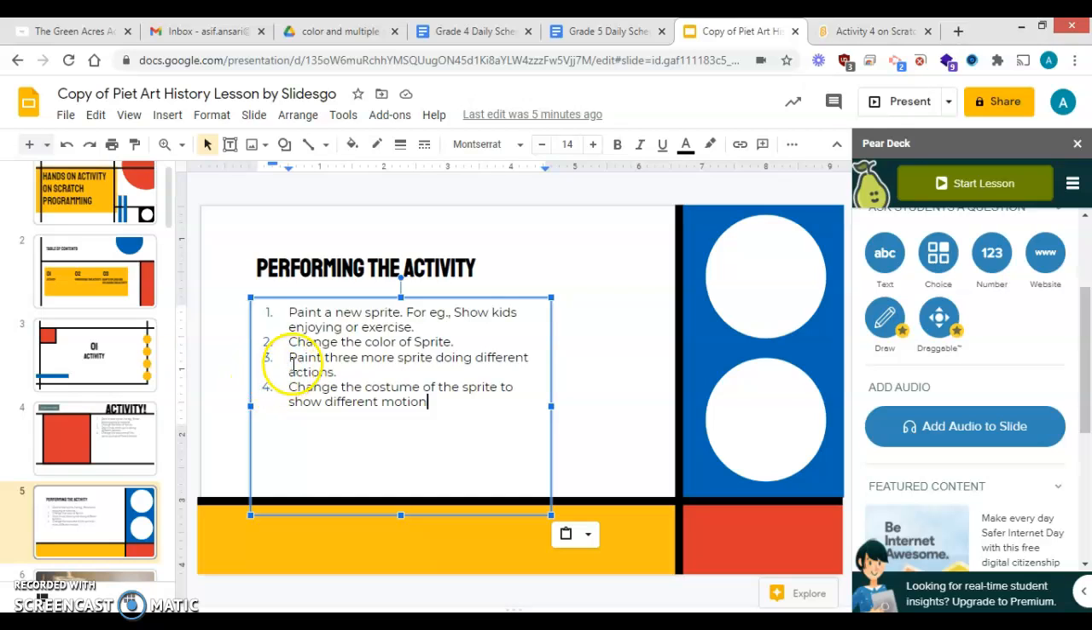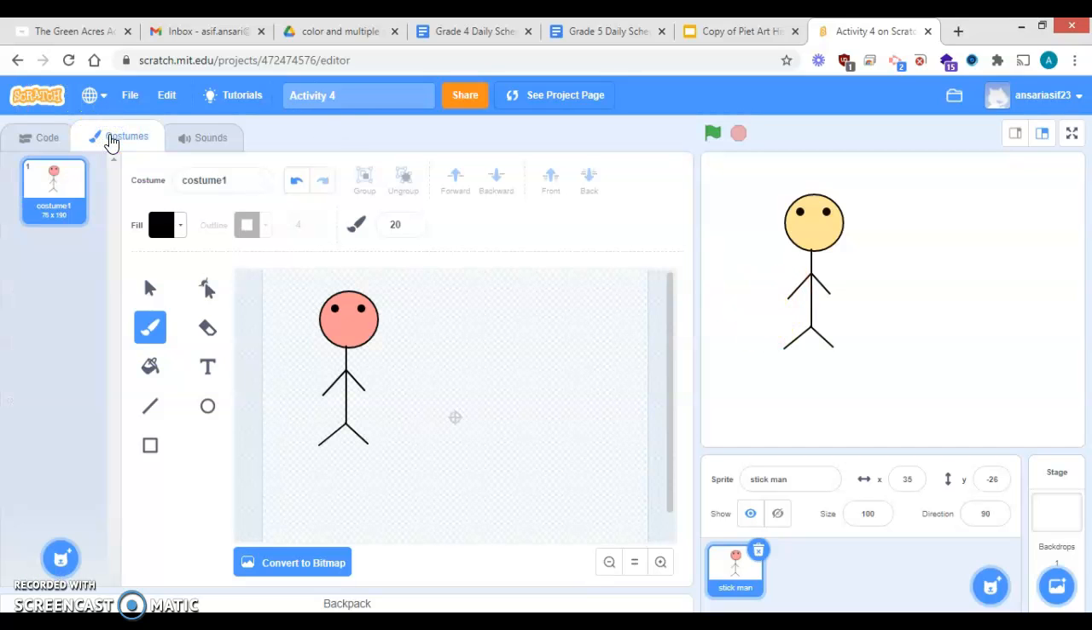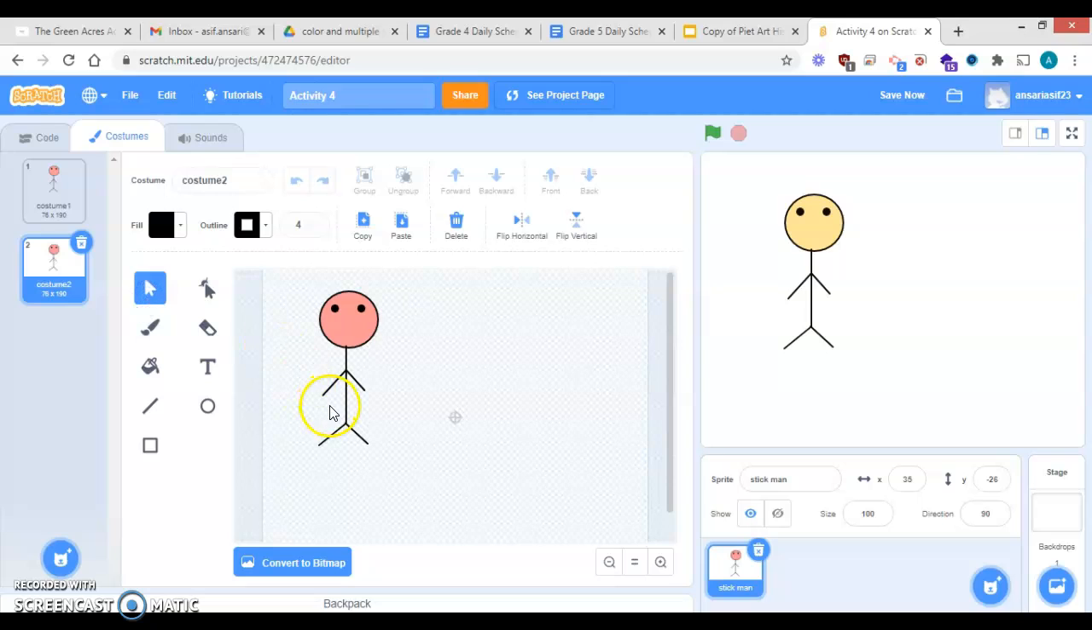Now point number 3. Paint 3 more sprites doing different actions. Change the costume of the sprite to show different motions. Now what I am doing, I am going to costume. Now you remember this was the first sprite that we have just now drawn. What I am doing, right click it, I will be doing duplicate. Now in order to duplicate it, first of all I am making use of the arrow and I will be just removing the hands. I am just removing the hands and again I will be just making the hands perpendicular